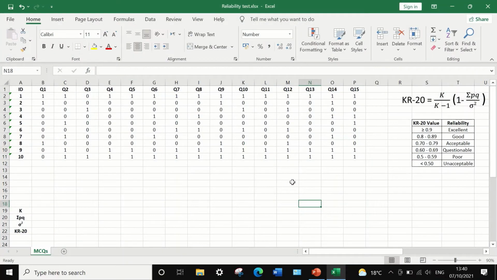Here in this data sheet in Excel, I have data from an exam result for 10 students who participated in the exam and answered 15 multiple choice questions. The score for each question was recorded as either 1 for a correct answer or 0 for a wrong answer. And to find out whether this exam or test is reliable,